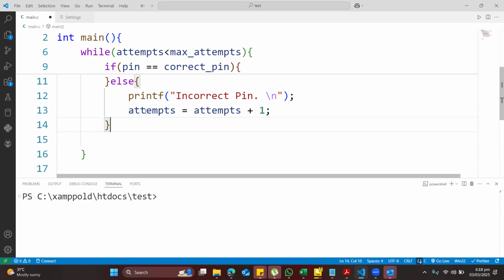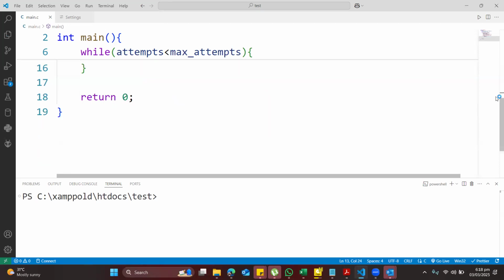Now, very importantly, as we have learned in class, instead of me writing this long line of code, I can just say attempts plus plus, and that is the same as me writing that whole statement. Now, if for some reason